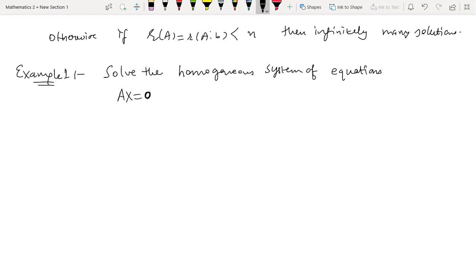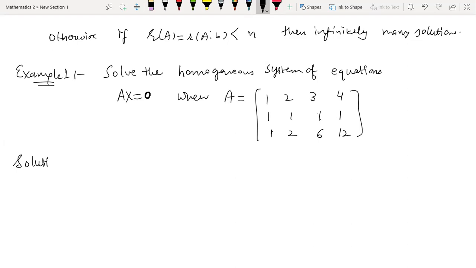You will find this 0 written a little bit bolder because this denotes a 0 vector, where A, you are given the coefficient matrix. So the coefficient matrix is 1, 2, 3, 4, 1, 1, 1, 1, 1, 2, 6, 12. In this case, all you have to do is apply the row operations. Now I'm actually telling you the technique of solving a homogeneous system of equations. Before solving this question, one more point I would like to make here,